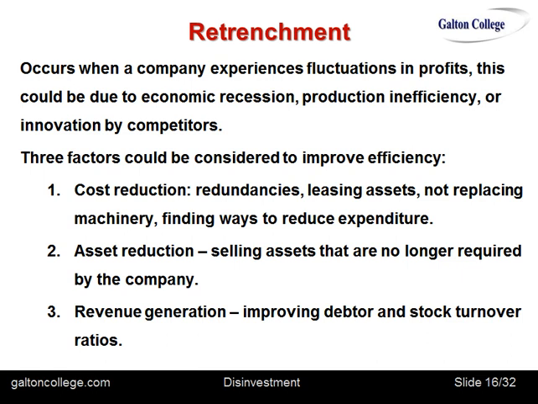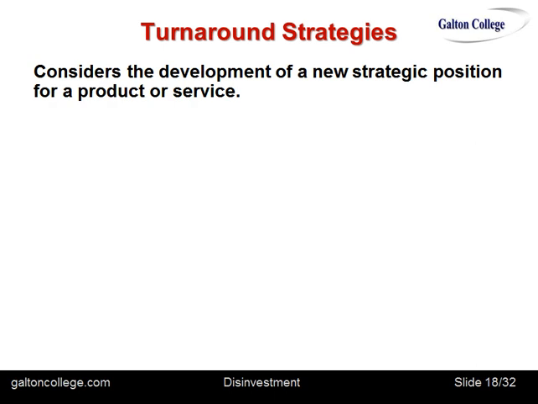So looking at the business critically. And these are all forms of retrenchment policies, types of disinvestment. Next one is turnaround strategies. Consider the development of a new strategic position for a product or service. Look at the strategic position of the product or the service and consider new options, consider new ways of